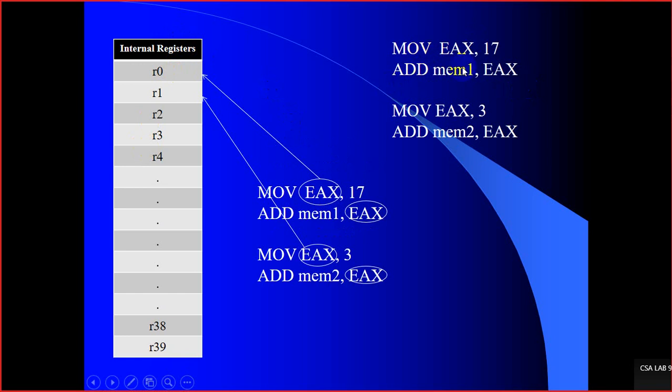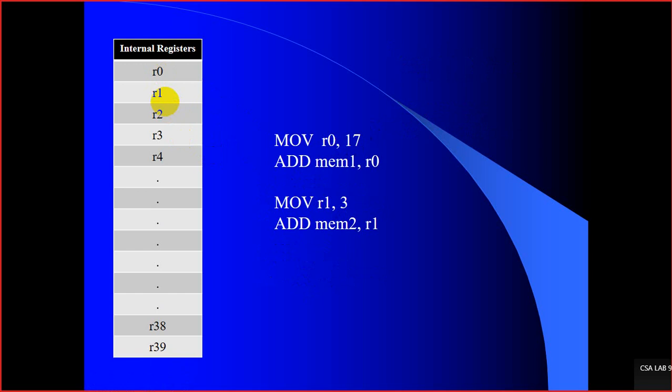Look at over here. We have changed the register name AX in the first set of instruction to the name R0. In the second set of instruction, we have renamed the register AX to the name R1. As we rename the register name, we get two sets of instructions with nothing common.